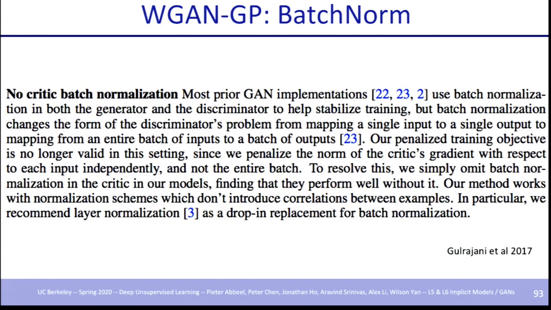And the final point I want to make with WGAN GP, which became a standard in all the GANs later, is no batch norm in your critic or your discriminator. So the reason they went for it is not like, oh, let me see if I can get rid of batch norm in the discriminator.